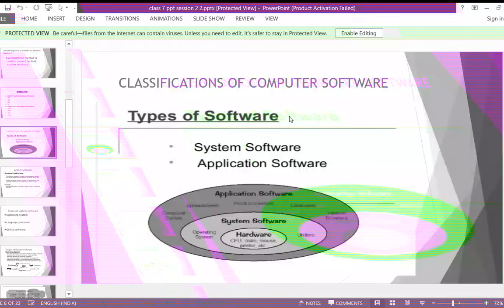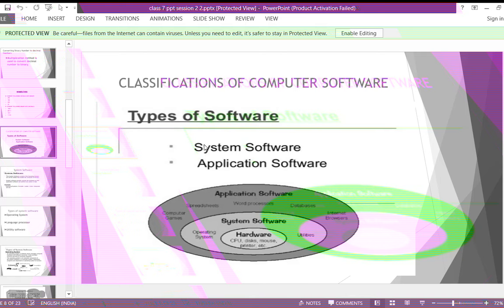Ma'am, division. Yes. And if you want to convert from binary number to decimal number, which method are you using? Ma'am, multiplication. Yes. So you all understood how to convert decimal number to binary and how to convert binary number to decimal? Any doubt in that? Okay. So today let's start the next part of your chapter, that is classification of computer software.